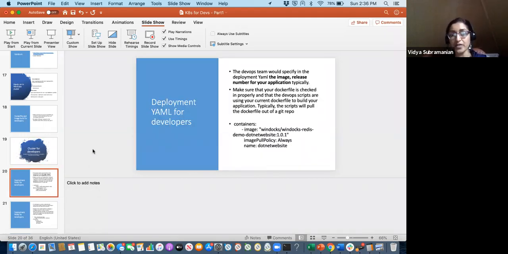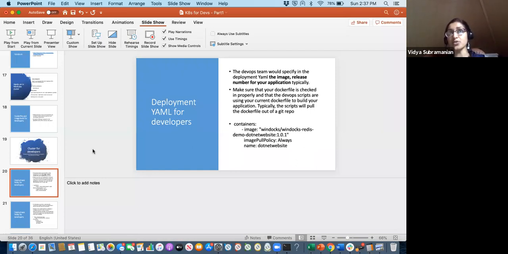If everyone's okay with what we've covered so far, I want to jump into the next set of details around the deployment YAML for developers. So in today's example, we actually did not use the deployment YAML. It was super simple so far.